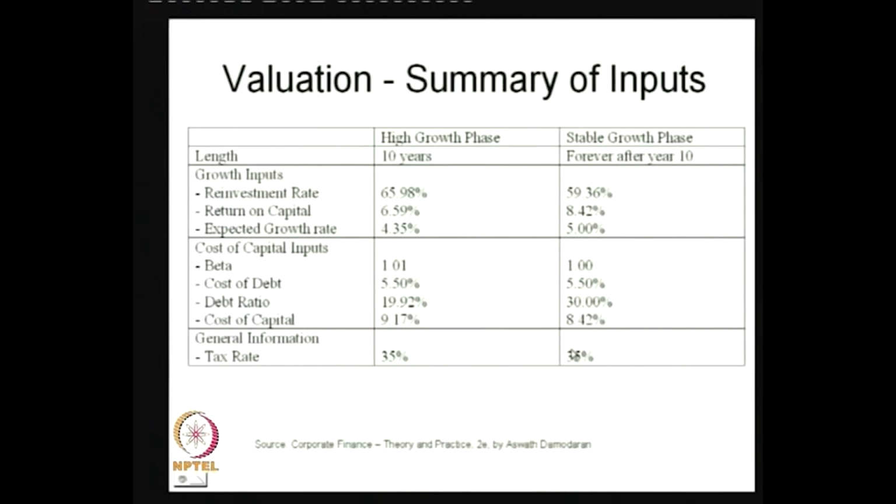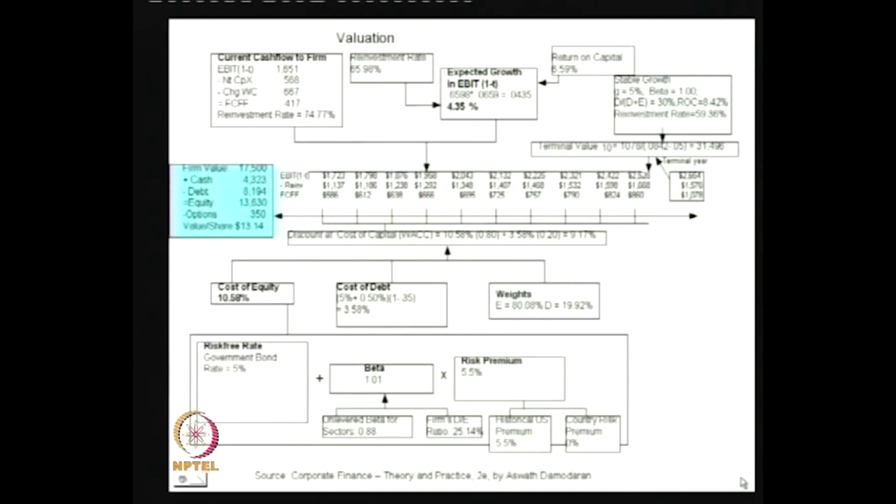In that case, we will look at how the valuation is done. So, what happens in this case? First of all, we have the earnings before interest and tax, that is for year 1 it is $1,723 million, going to something like 2005 to 8. This is the supernormal high growth phase, then you have a normal growth coming after the 10th year, and then from the respective years the reinvestment amount has been deducted.